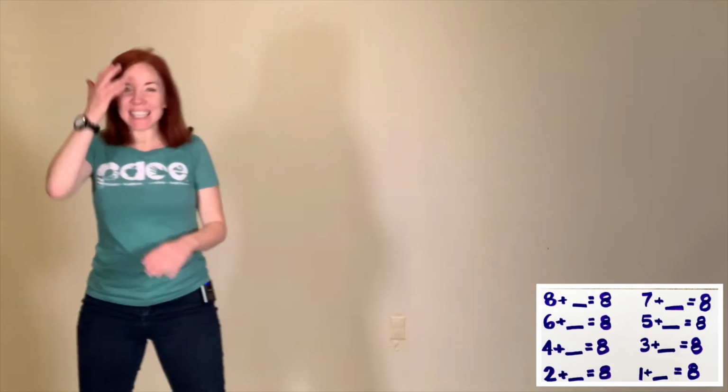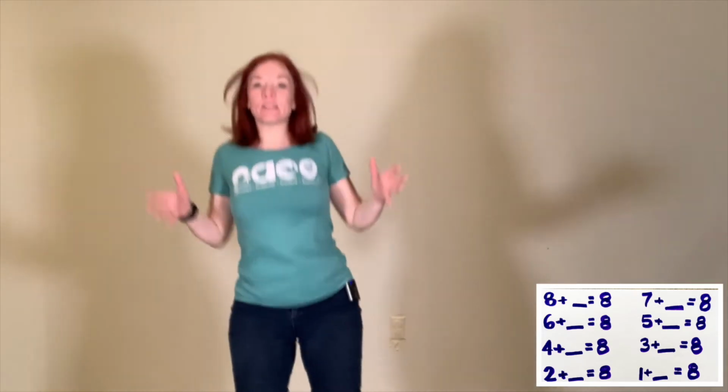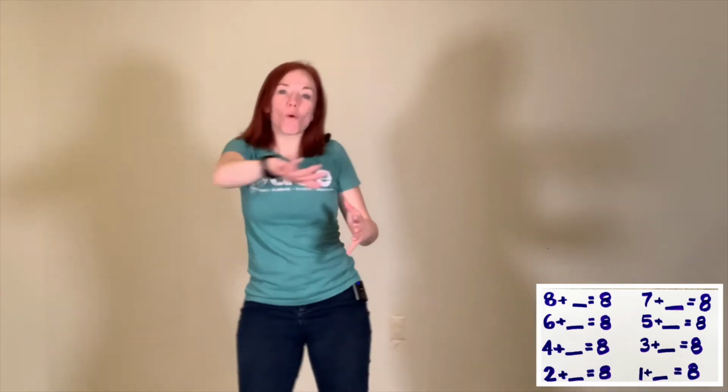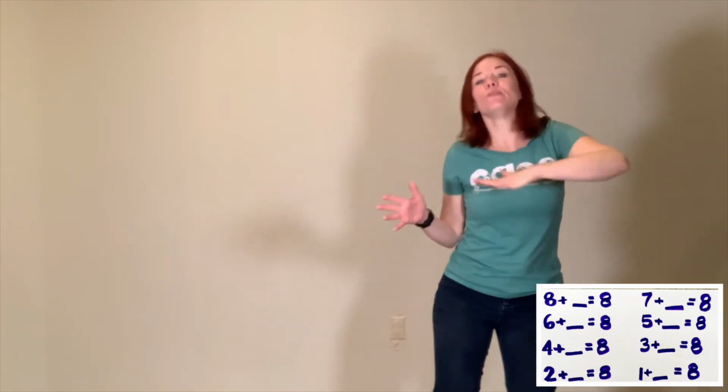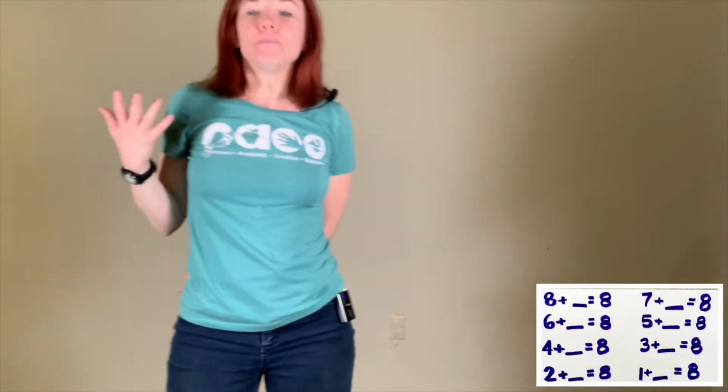Okay, so let's complete the number sentence. 1, 2, 3 plus 1, 2, 3, 4, 5 equals 1, 2, 3, 4, 5, 6, 7, 8. Great job, guys. Okay, now since we've already done 6 plus 2 equals 8, we know that 2 plus 6